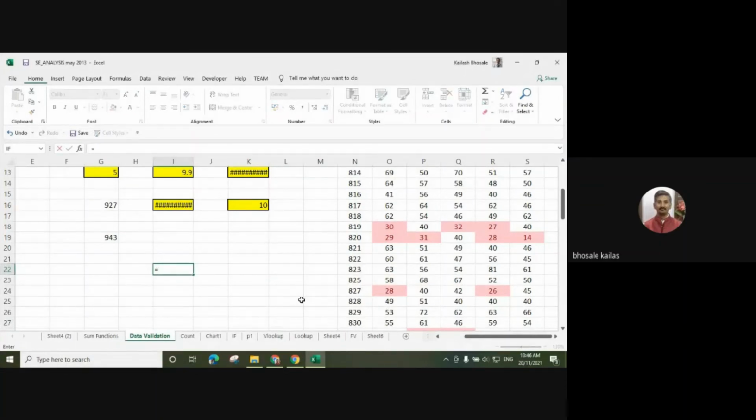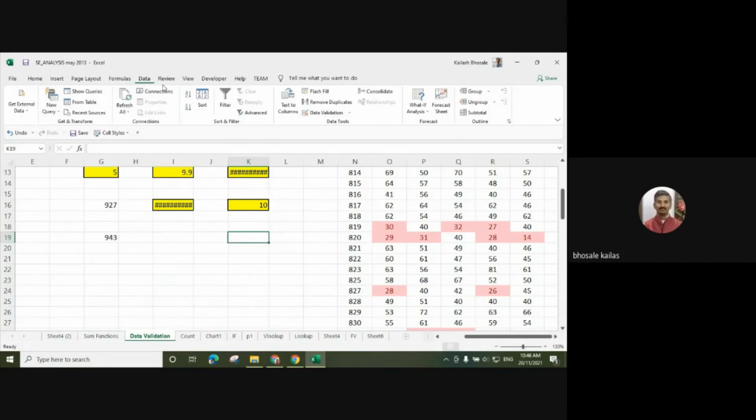So we can use the data validation function. In the data, we can use this data validation: select anywhere, like I23, then press on the data validation.